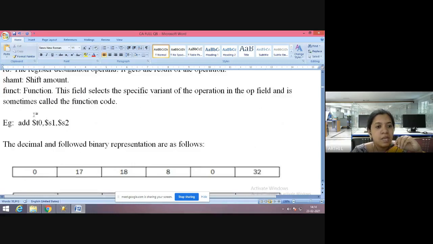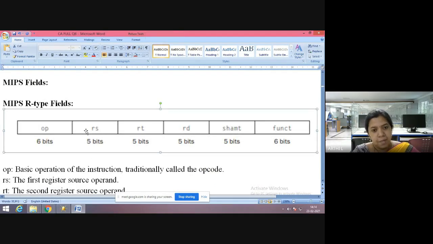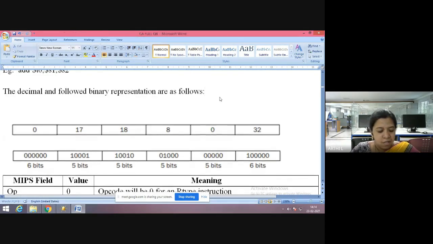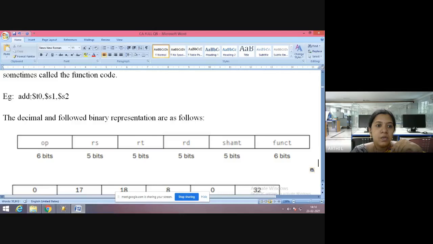Okay, so let's see an example instruction. Let me copy this and paste here so that you can compare. So you can see an example instruction here: add $T0, $S1 and $S2. It means that you will add S1 and S2 and then move the result to T0. You have 2 source registers in your R type.